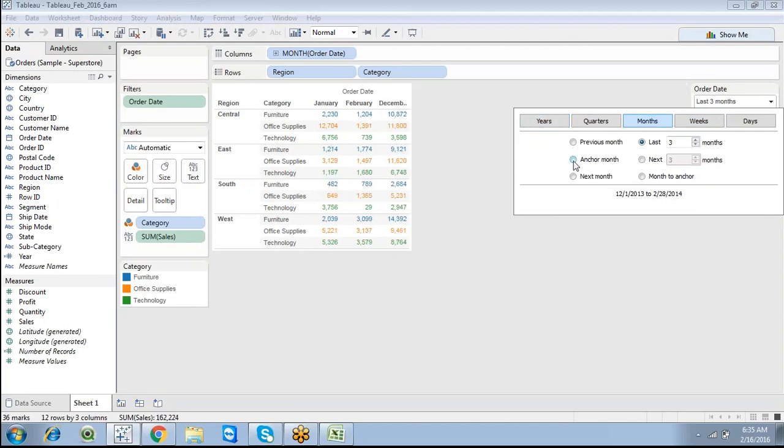I want to go with the anchor month. So what is meant by anchor month? Initially it takes the year, from January 2014 to December 2014. But anchor month is something where you set December.